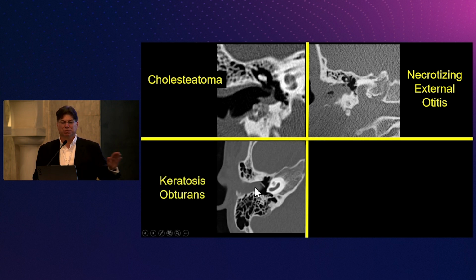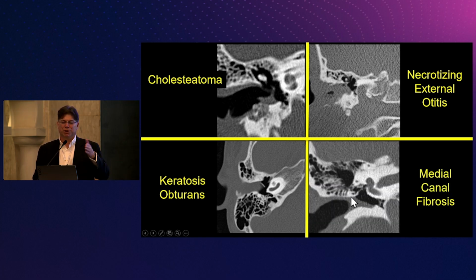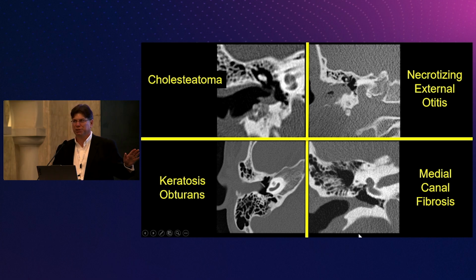If I have soft tissue filling the external auditory canal, that's a good appearance for keratosis obturans, and if I just have a crescent laterally and a little bit of soft tissue pressed up against the TM, that's a good appearance for medial canal fibrosis. So that's my spectrum of acquired hearing loss possibilities in the infectious inflammatory range of the